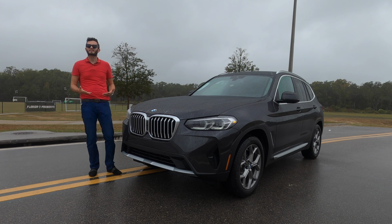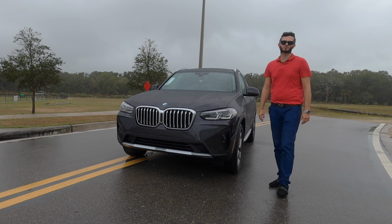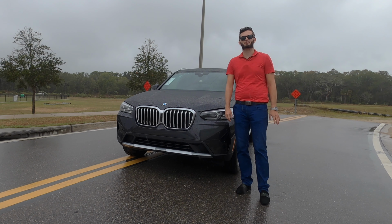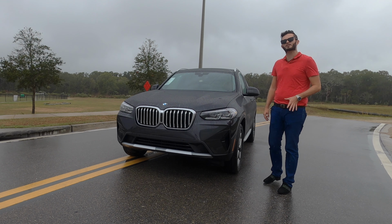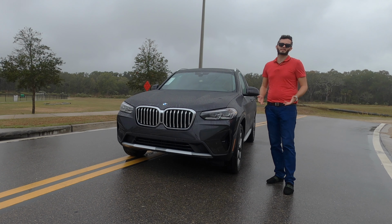Full LED headlights that go into the satin aluminum for the kidney grille. It's an active grille shutter. The lower gets a touch of the satin aluminum, and you get front and rear parking sensors with a 360-degree reverse camera. Now, when you're optioning this tier, I usually would recommend getting it more base, because once you start